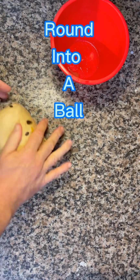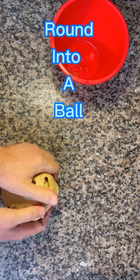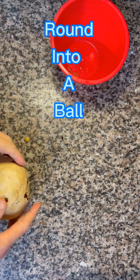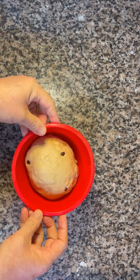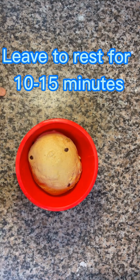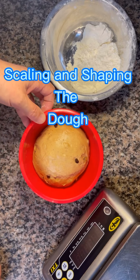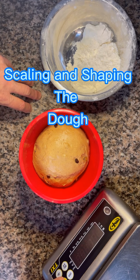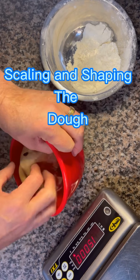So that's looking good. So again, I'm just going to gather it into a ball. I'm going to put it back into the bowl, cover it, I'm going to rest it for 10 minutes. So I've given the dough its 10 minutes to rest with the fruit in it, and I'm ready to scale. So I'm going to switch on my scales. I'm going to take the dough out,